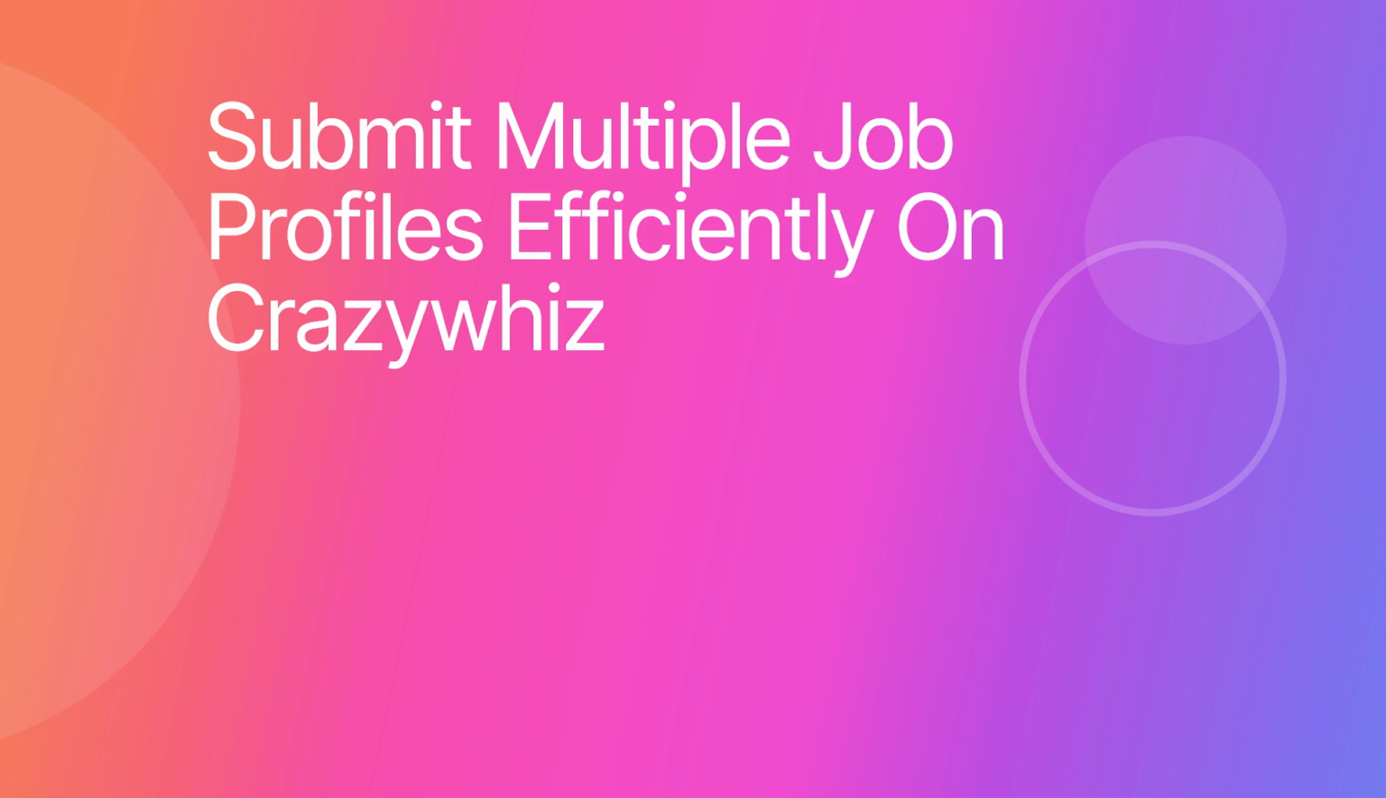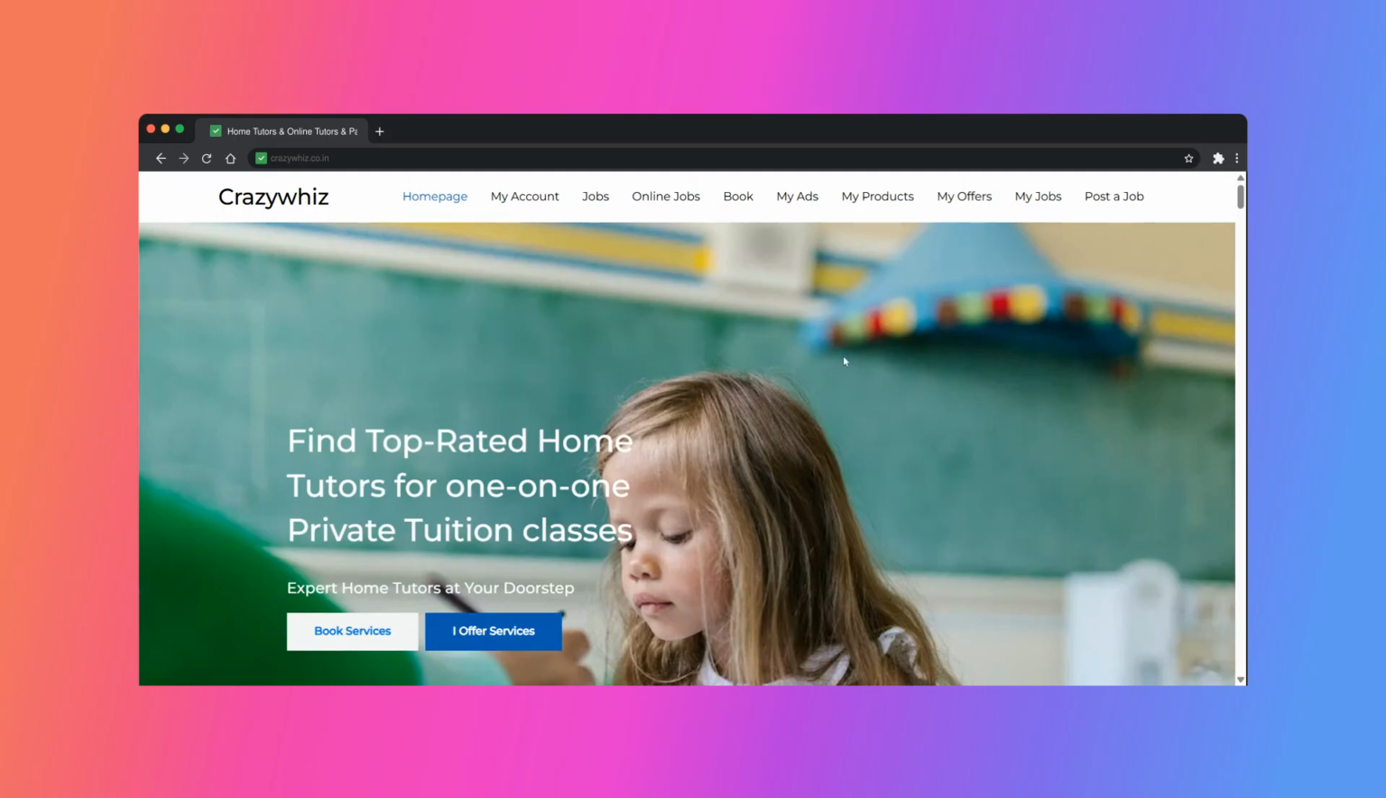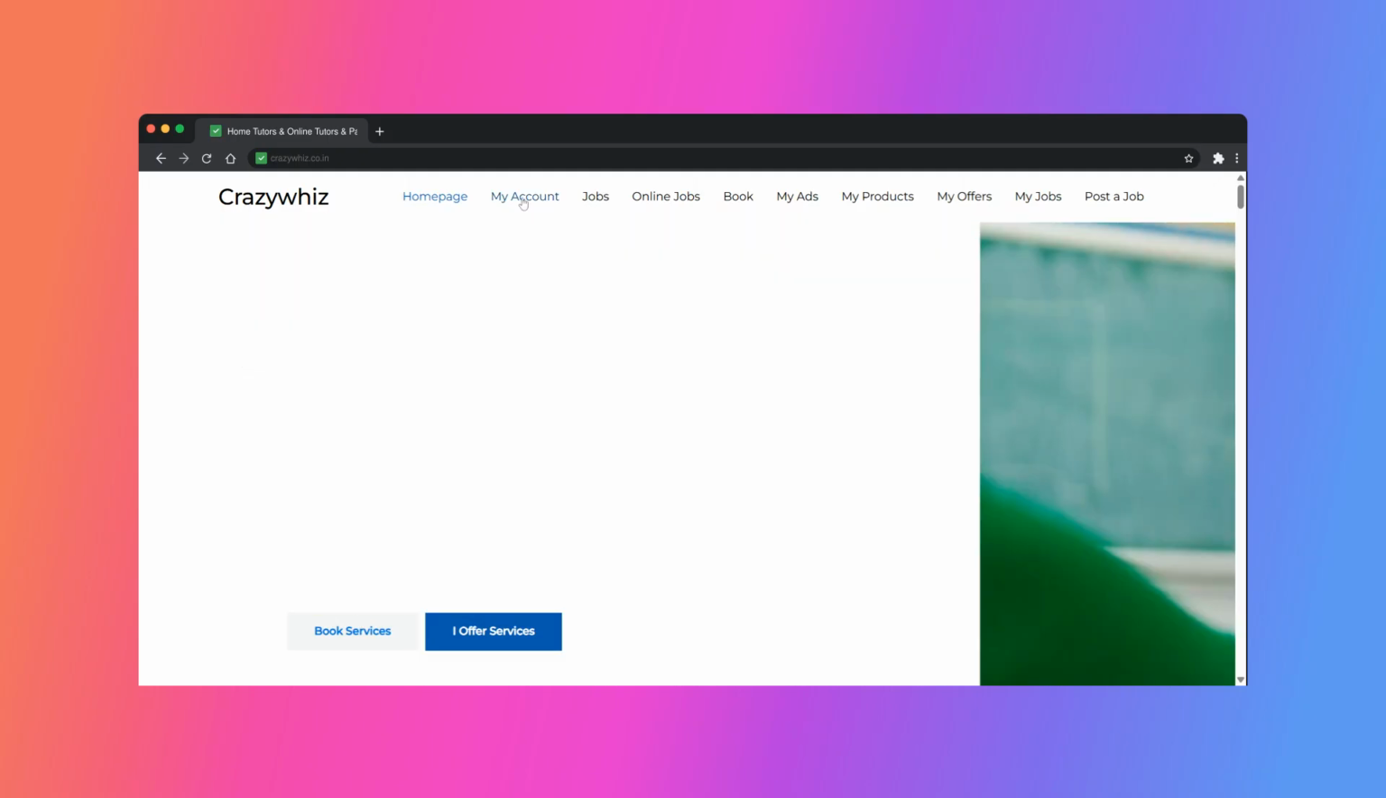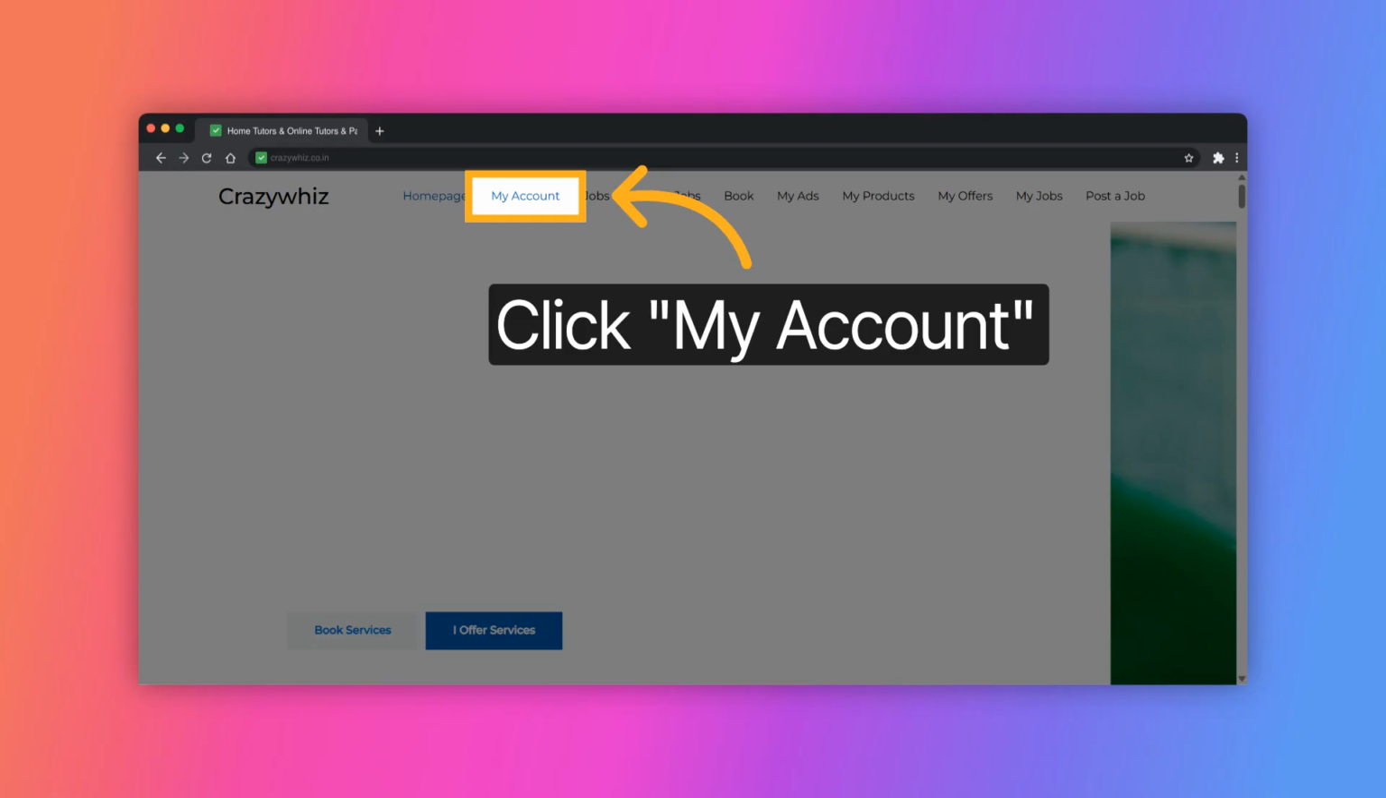This tutorial guides you through submitting multiple job profiles on Crazywhiz. You will learn how to create detailed job profiles to attract potential clients effectively. Once you log in with your details, click the My Account section in Main menu to access your profile settings